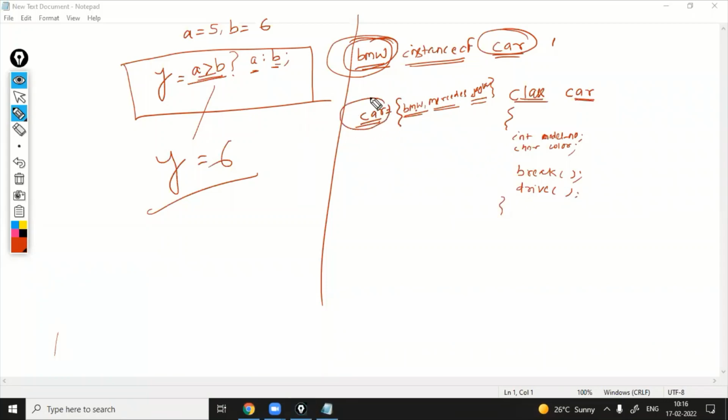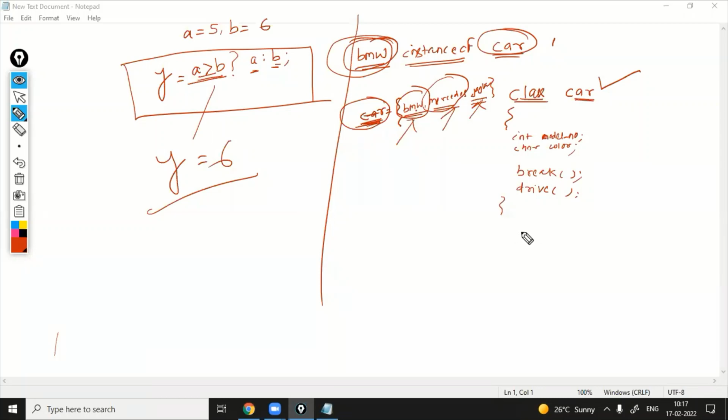Okay, so like this, it is a set. Remember that this set name is the class, and these elements are known as objects. I will tell you this again when we go to the class and object part. Here I created one class, which means you created this set. Another thing, BMW model number, Mercedes model number, and Jaguar model number are different, so you have to create objects: a BMW object, a Mercedes object, a Jaguar object.